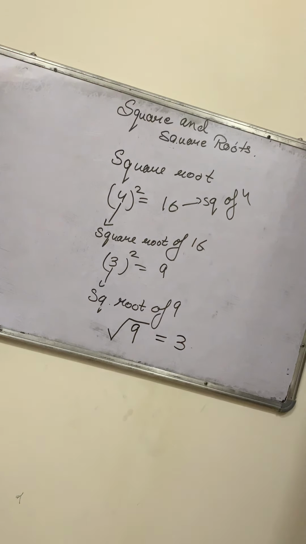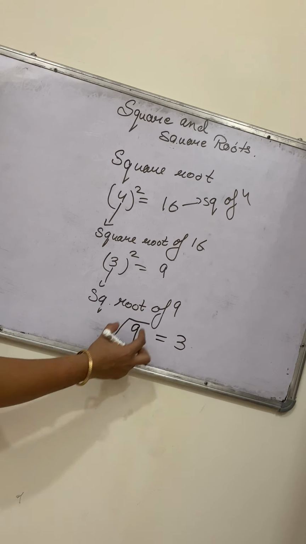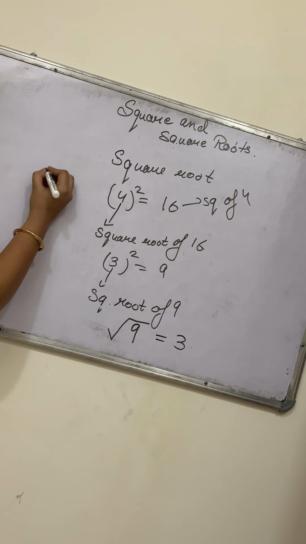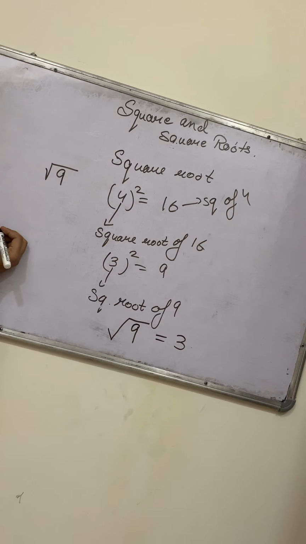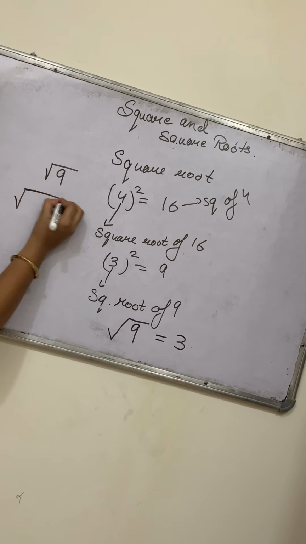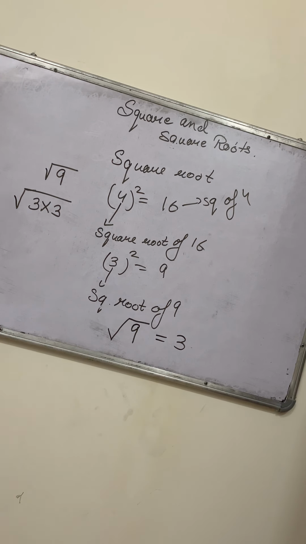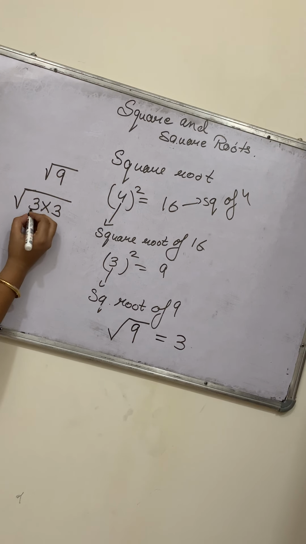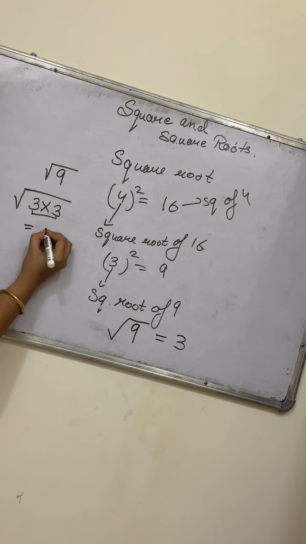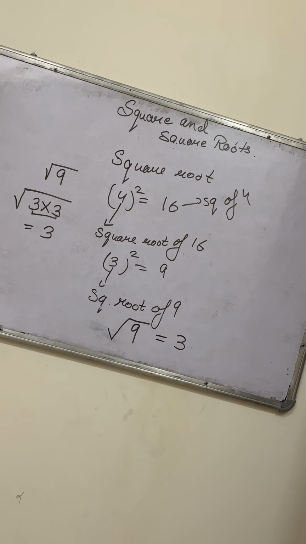So this is 3. Now how do we know that the square root of 9 is 3? How do we do this? Suppose this is the square root of 9 we have to find. What are we going to do? We'll put this sign. 9 is 3 into 3. Okay, what is 9? 3 into 3. So what do we do in square root? If there are 2 numbers, we take 1 out of it. There are 2 numbers, 3 and 3. We'll take 1 out of this and this will become 3. This means square root of 9 is 3. Out of 2 we picked 1.